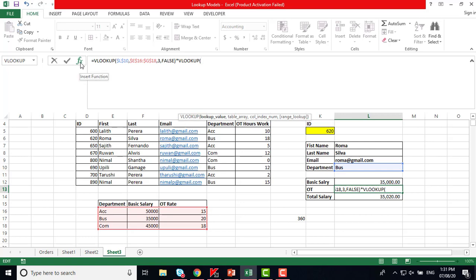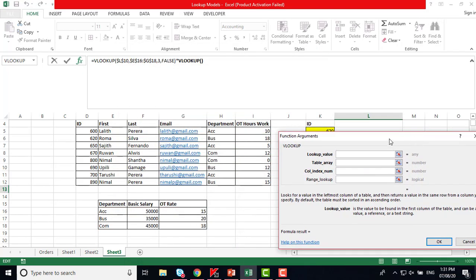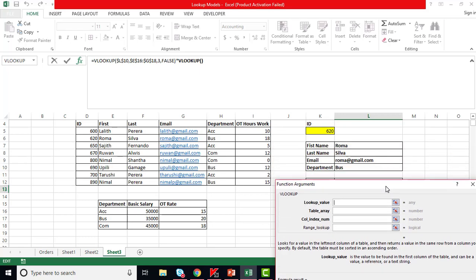And again, I will go back to the argument window, whereby I will explain that better. The lookup value is which value you are going to look up now. This time you cannot look up the department because the working hours are available in table number 1. That lookup value needs to be the index number. Got the idea? Index number. And I will fix that, so it does not change, right?